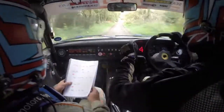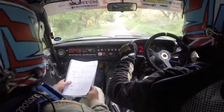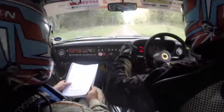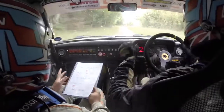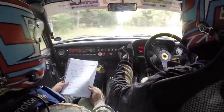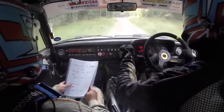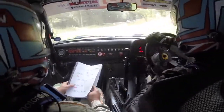250. 250 here. And square left again. And 250 line. 4 left in, so